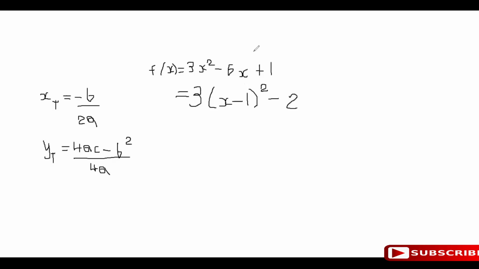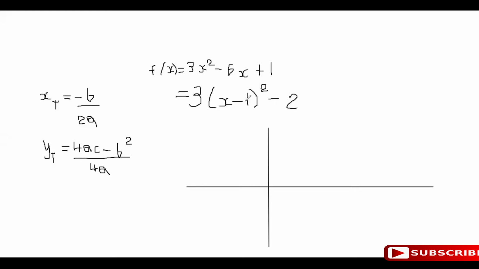Now the point that I'm trying to show you is this function right here, f of x, which is 3 times x minus 1 all squared minus 2. If I'm to sketch a graph of this function, this is how it behaves. When you complete the square, it allows you to find... Where's the curve? Right here. So when we complete the square, what that allows us to do is find the